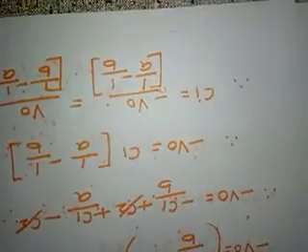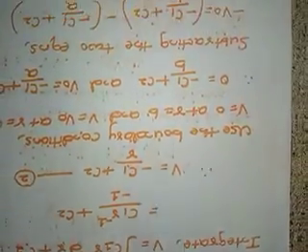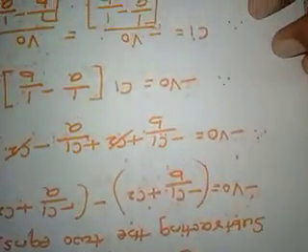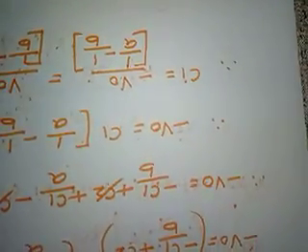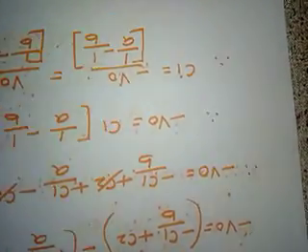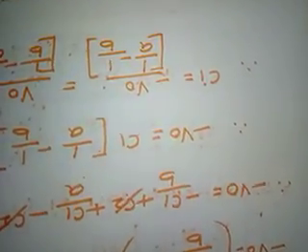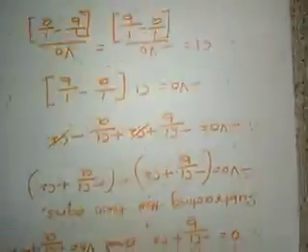Then we apply the boundary conditions. After solving we got V is equal to minus C1 by R plus C2. The second step is to apply the boundary conditions and find the values of C1 and C2. Right? What is our first step? First step is to start with the Laplace equation, integrate, get the solution, then apply the boundary conditions and find the values of C1 and C2. That is our second step.